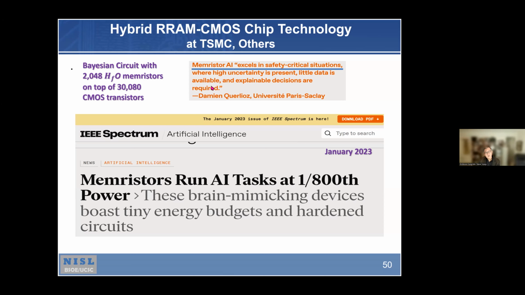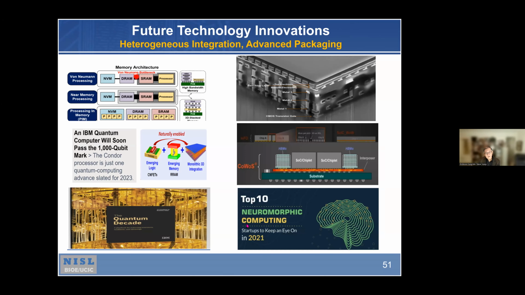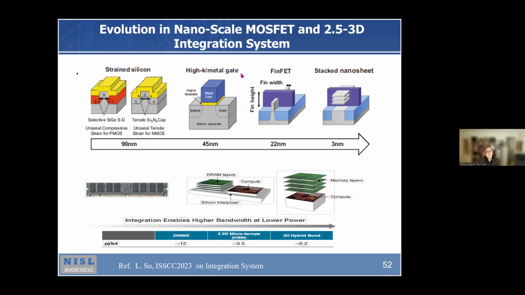And looking into the future, there's a lot more you can do. You can use chiplets and advanced packaging technology, neuromorphic computing, a lot of startups, and even quantum computing, device technology, scaling, nanosheet devices, and other packaging, 3D integration, and so on. And furthermore, at the system level, you can do lots of